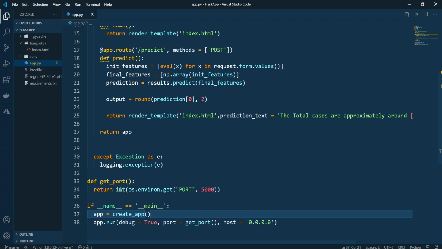So get port will call this particular function, it will return to this. If there are any other ports listening or not available, then by default it will run on 5000. So for any service to run, it has to listen to some port. Host will be obviously from your Heroku, but if any other ports are not freely available, then from our side it should be perfect. So that's why I'm passing this get port and the host, that is 0.0.0.0. So this is not the localhost, but the host from where Heroku will be accessing.